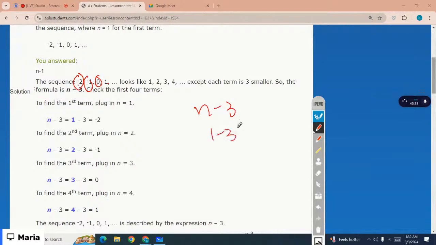So 1 minus 3 is -2, right? Because here you have -2. Then you have 2 minus 3 is -1. Then you have 3 minus 3. So basically, the variable expression for this sequence is,